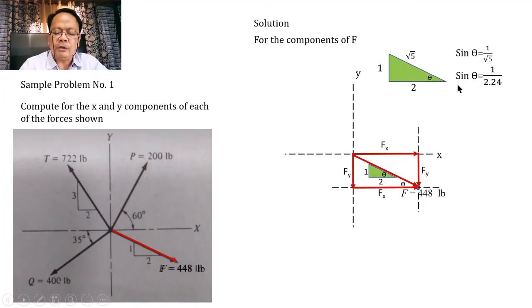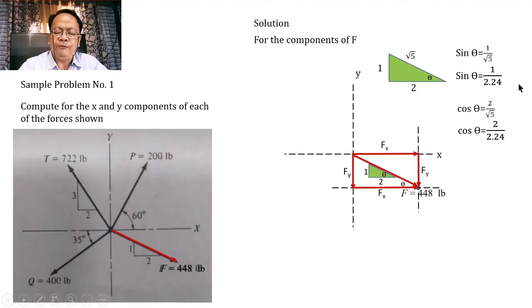Similarly, its cosine will be equal to the adjacent side over the hypotenuse, and therefore it will be equal to 2 over the square root of 5, or simply it is equal to 2 over 2.24. Now from this